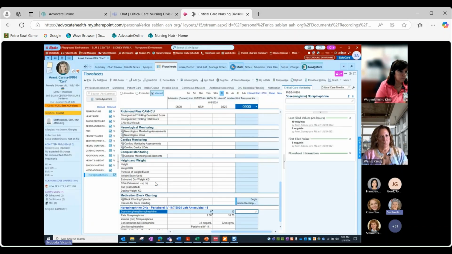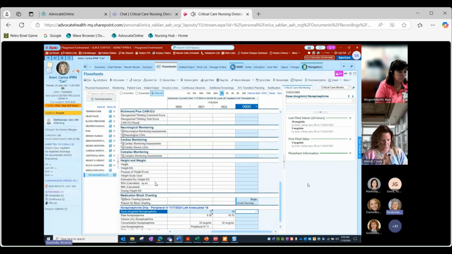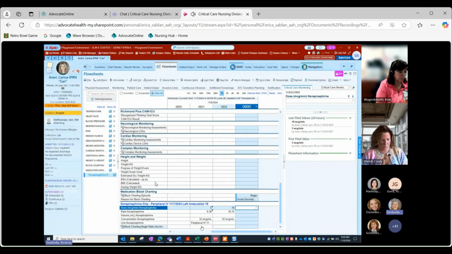Again, I'm in a Wisconsin patient. That's just where it's built in our practice environment, but you'd see that right underneath here. All right, let me pull up my little scenario that I had here so I can go along with it. Okay. So next thing we're going to need to put in here as we scroll on down, you'll see your block charting begin rate. You have to use a little bit of imagination here. You'd be doing pump integration in Illinois, obviously the manual charting in Wisconsin,